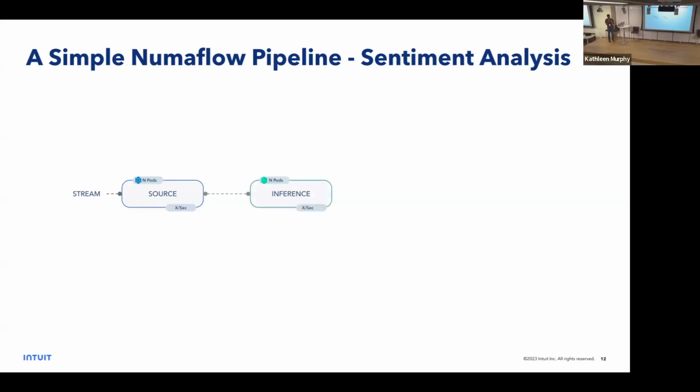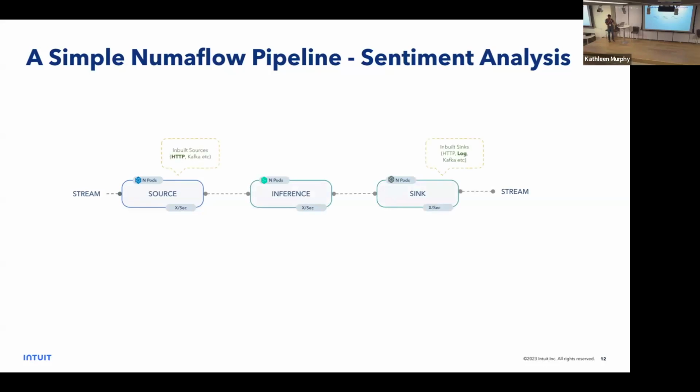I got an event, and I just want to do an inference on that. And lastly, you would want to write your results to some database or maybe a Kafka topic or whatever you are interested in. So on a very high level, you're just trying to decouple your source from your sink, and you're focusing on your inference logic.